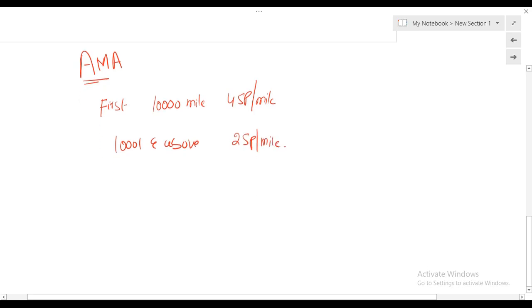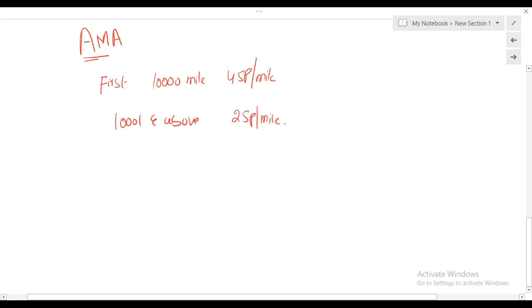Now the question is, if an employee gets less than the authorized mileage allowance, then what happens? And second, if an employee gets more than the authorized mileage allowance, then what happens? Let me answer this with a question. Assuming Mr. X is an employee, he uses his own car for employment purposes, and in the tax year 21-22, let's say your examiner says Mr. X has driven 18,000 miles